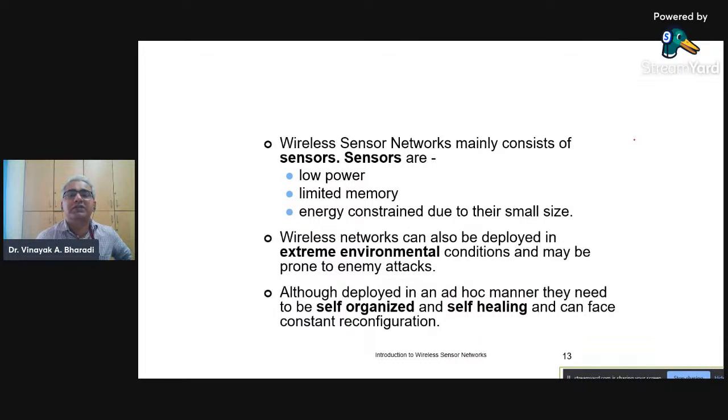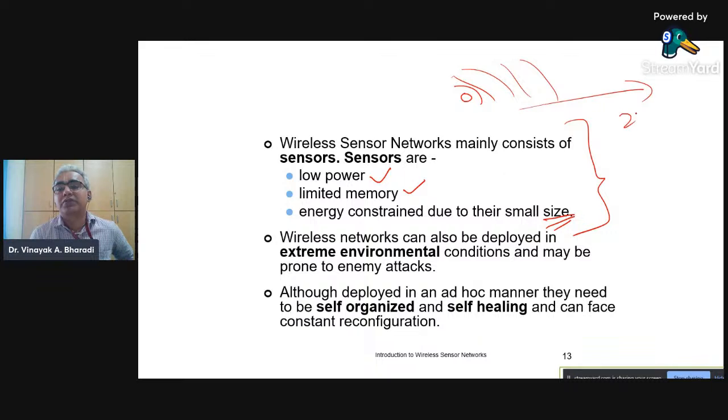Okay, so the WSNs consist of these sensors, and these sensors have low power, limited memory, and energy constraints due to their small size. And in this, we have to manage all the communication aspects. That's why they are deployed in extreme environments, because you may not know where they are, or whether the network coverage is there, maybe over 2 square kilometers,